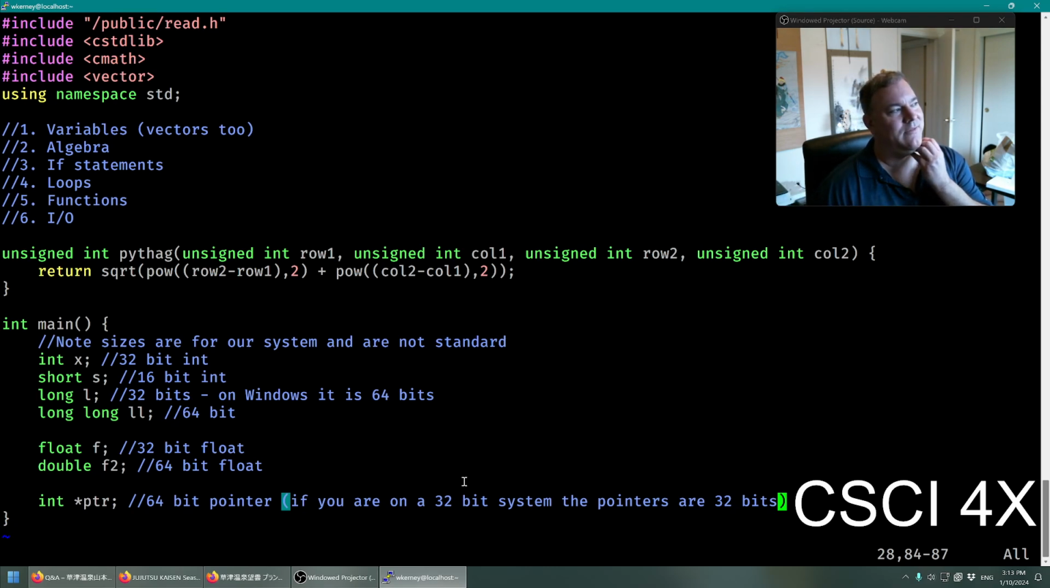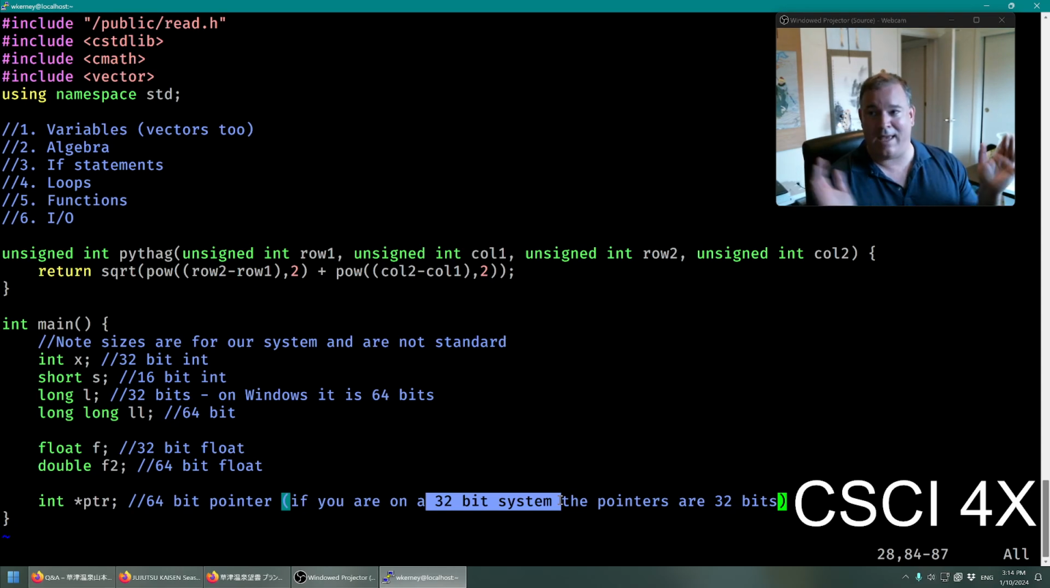It's more of an aspirational amount of memory you can address. But a 32-bit system is like 4 gigs of RAM, right? So if you're on a 32-bit system, you can't address more than 4 gigs of RAM, which is why Fallout